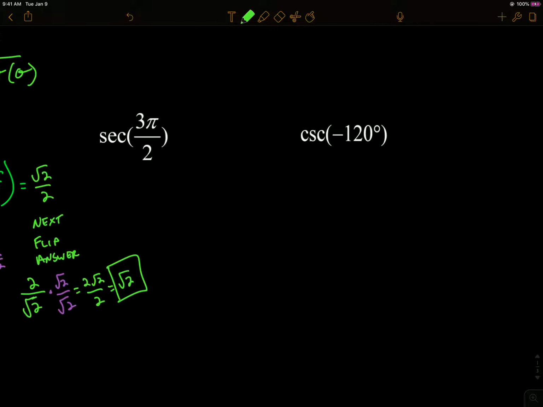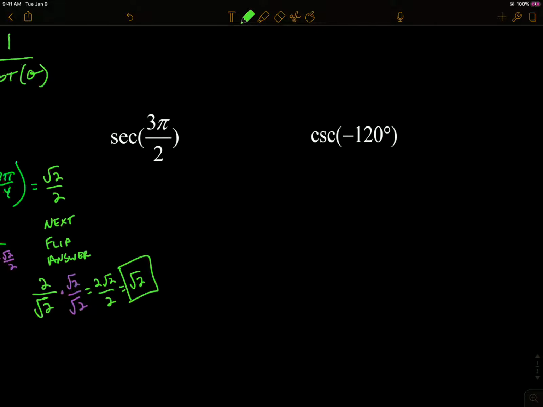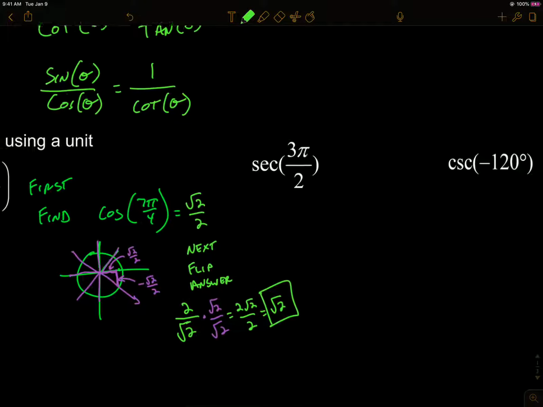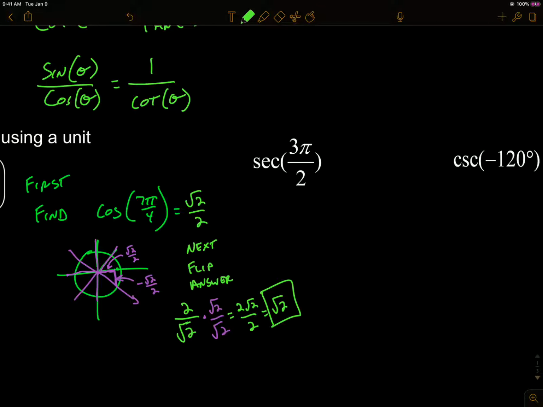All right, let's look at secant of 3 pi over 2. Once again, the easier thing to do with secant is to just find the value of cosine and then flip it. So I know the cosine of 3 pi over 2 equals, so cosine of 3 pi over 2, if I take pi and break it into 2's, I have got 1 pi over 2. Oops, I'll do it in purple again. I kind of like that. I've got 1 pi over 2, 2 pi over 2, 3 pi over 2 right there. So if I draw that triangle,